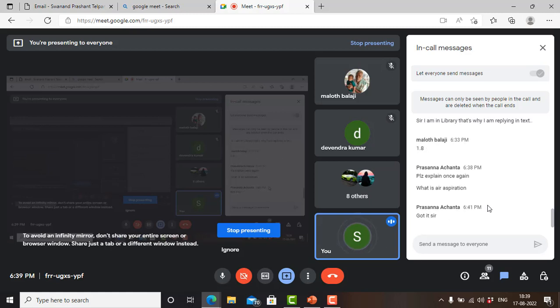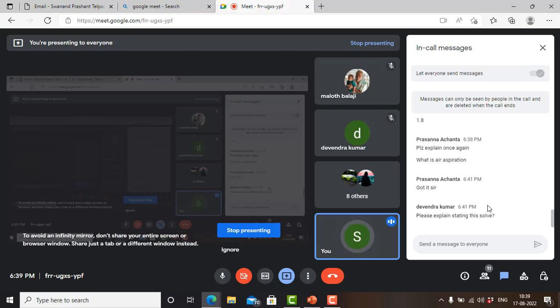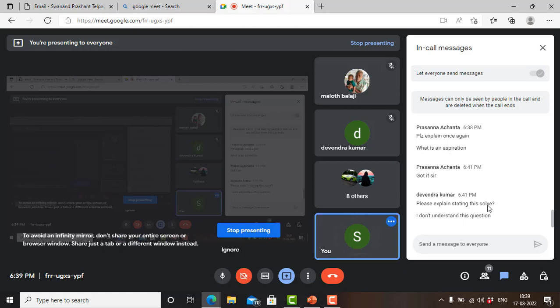Okay, if you go to Bernoulli's principle, then you will be able to appreciate this more. Please explain this solve means. Can you just unmute and tell me what you want to ask? Okay,